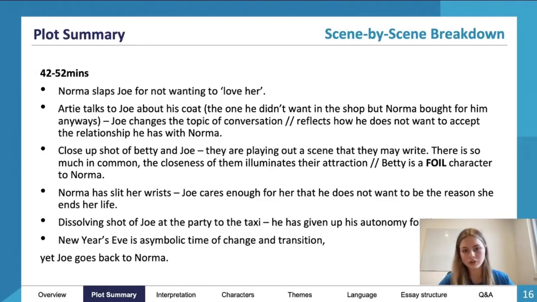So Artie talks to Joe about his coat, which is the one he didn't want in the shop, and Norma bought it for him anyways. And Joe very quickly changes the topic of conversation. So I think he's in denial about his situation with Norma, or he doesn't want to accept it and is quite embarrassed as well of the relationship that he has with her, or has begun to develop with her, because it was meant to be